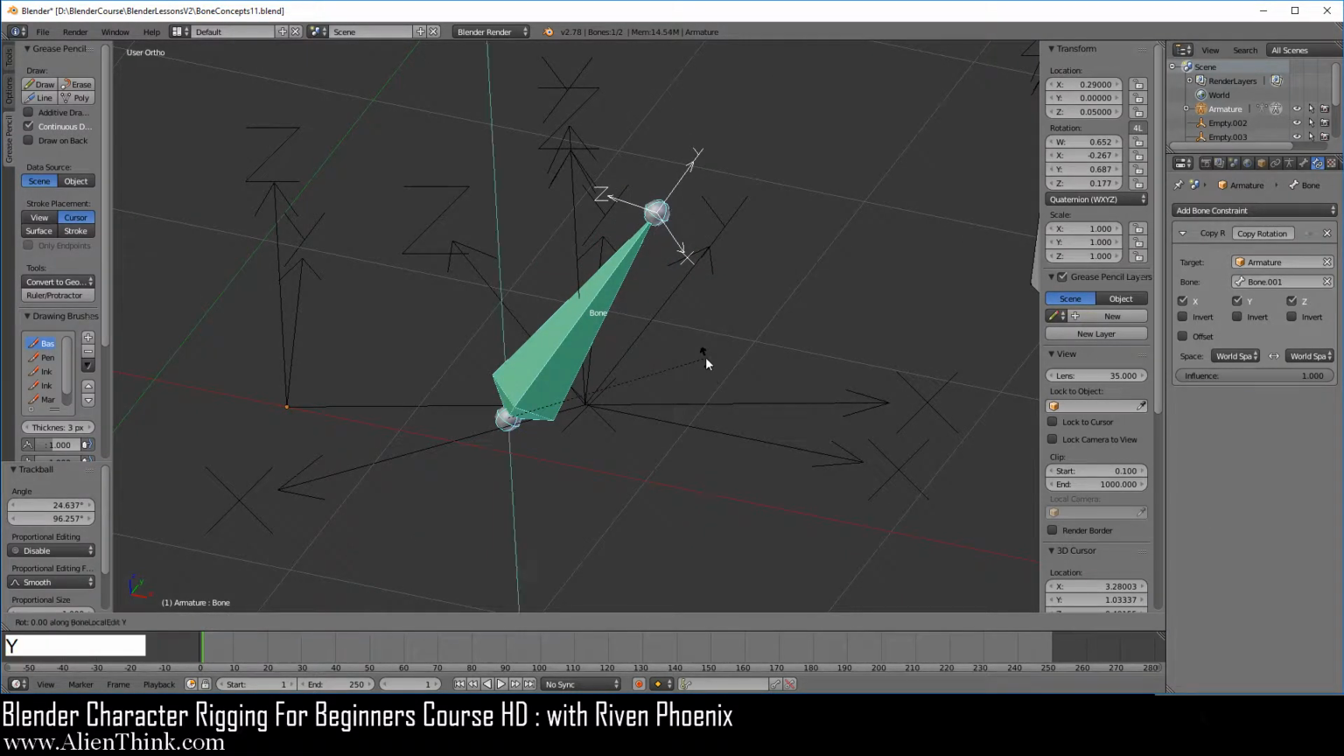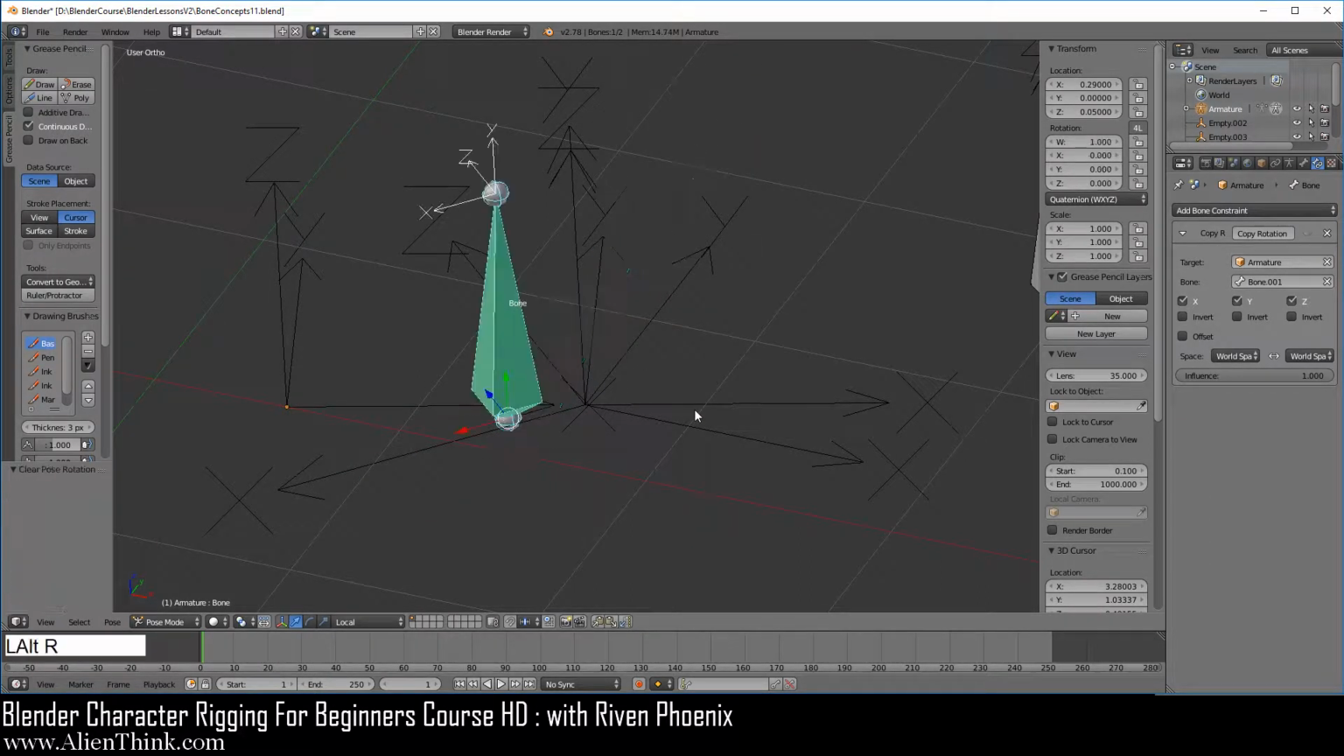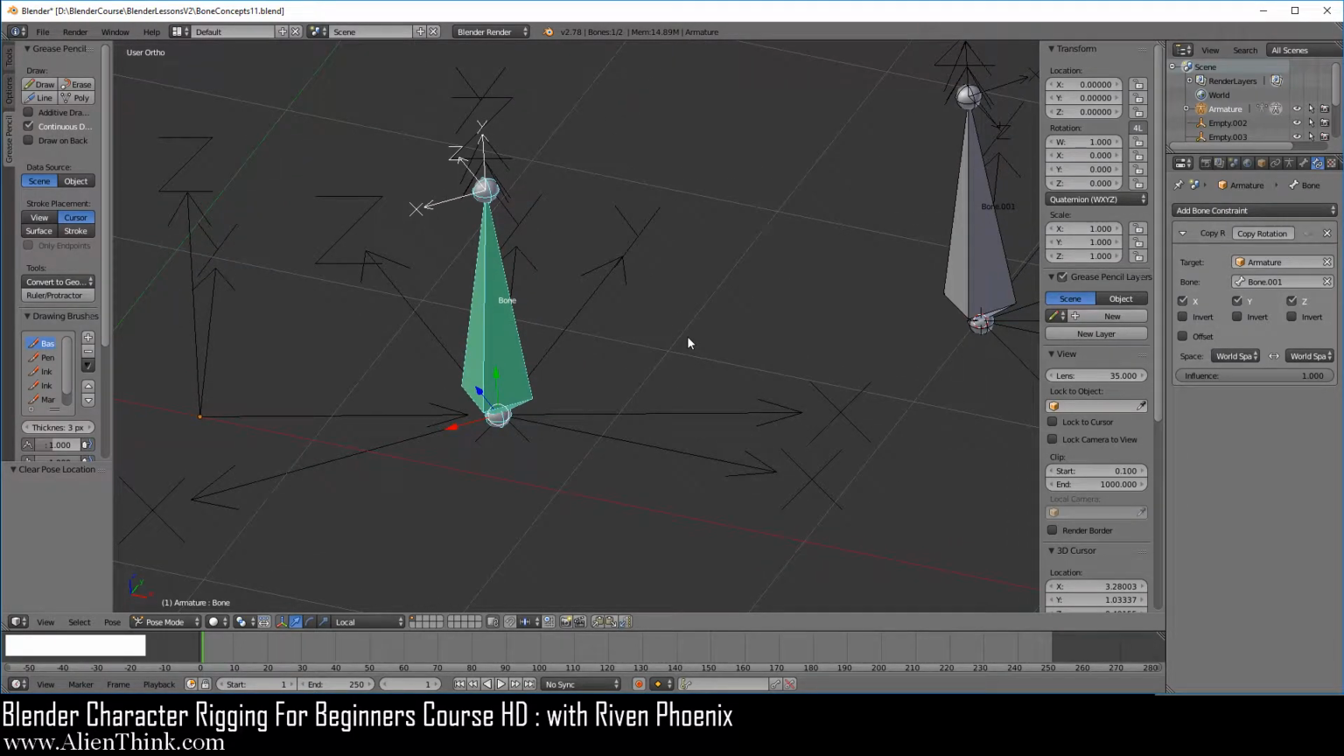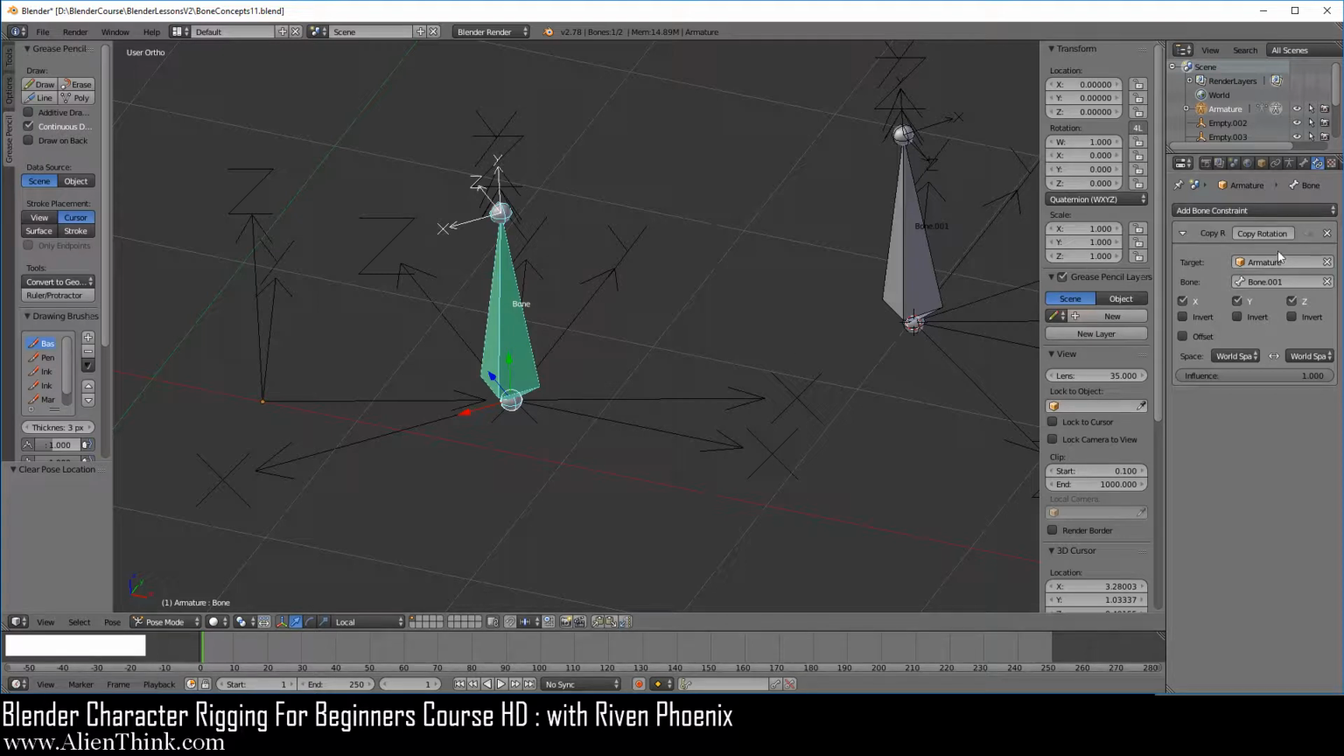Press the R key, press the Y key. Actually, we have to switch this to local, press the R key, press the Y key. Okay, so that makes sense. I'm going to do Alt-R and G. Okay, so now what we want to understand is that, what we're going to do is actually first turn